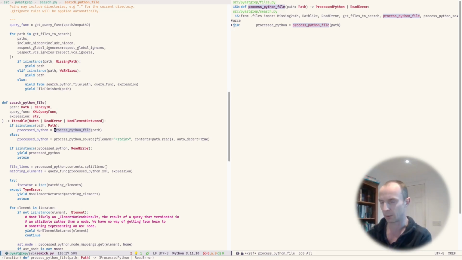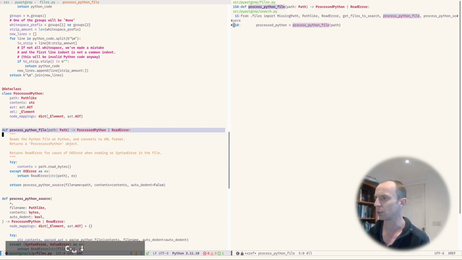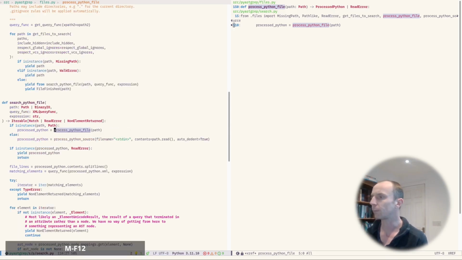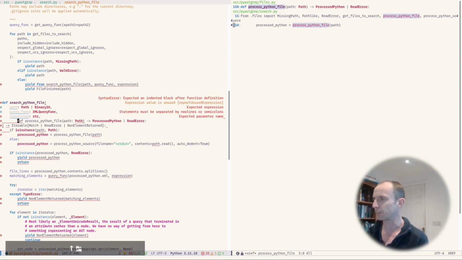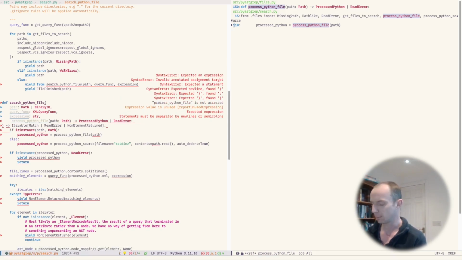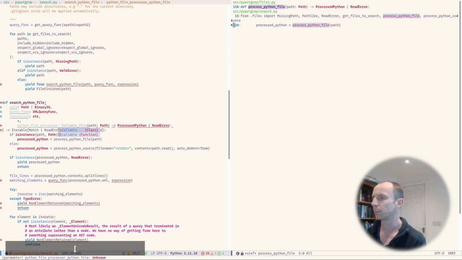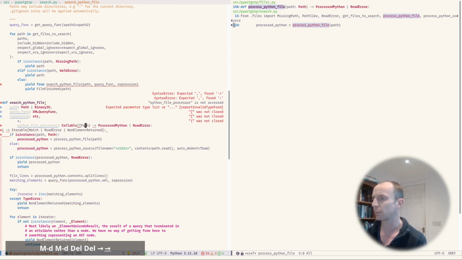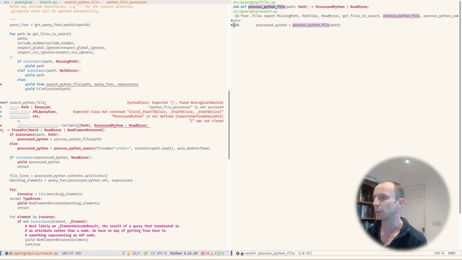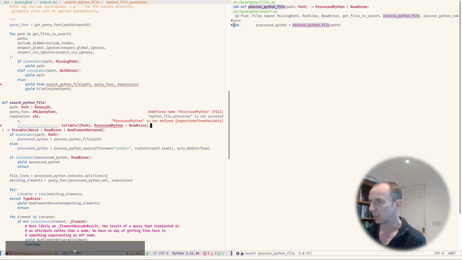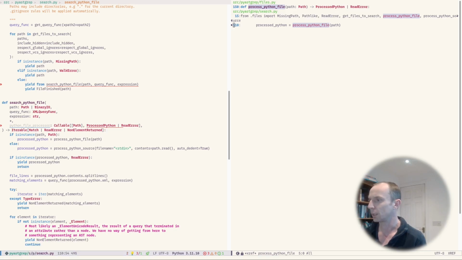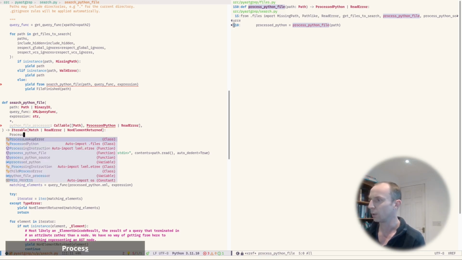So I've got type hints in this project, so I'm going to need the type signature of this function. So I'm just going to copy that over and make a parameter for that. Let's call it Python. I'll make it a keyword only argument. Python file processor, and it's going to be a callable which takes just a path and returns either process Python or read error. It looks like I now need an import for that,